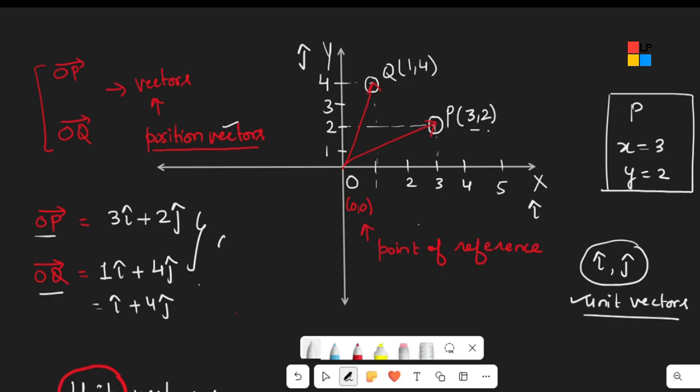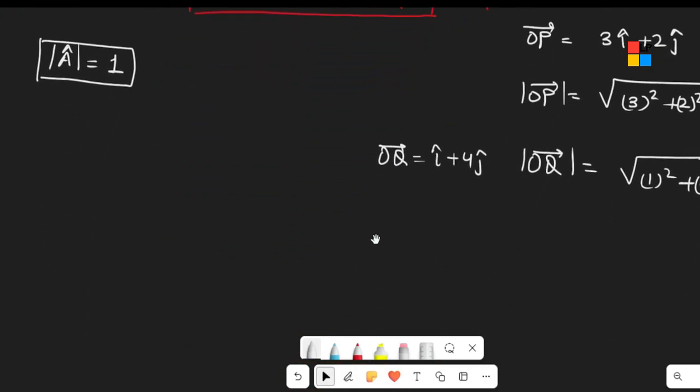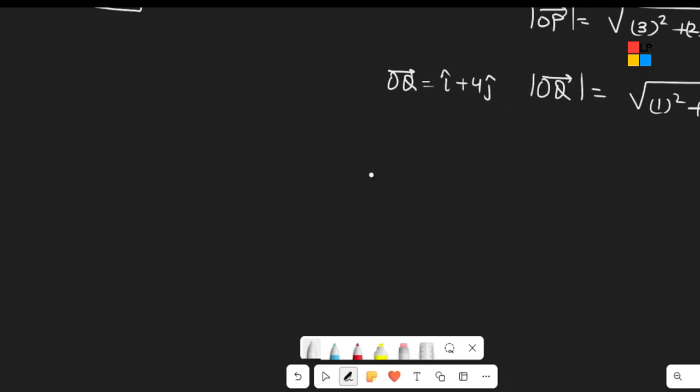They both are coplanar vectors. So what are coplanar vectors? Those vectors which lie in the same plane. So that will be the next category of vector, that is the